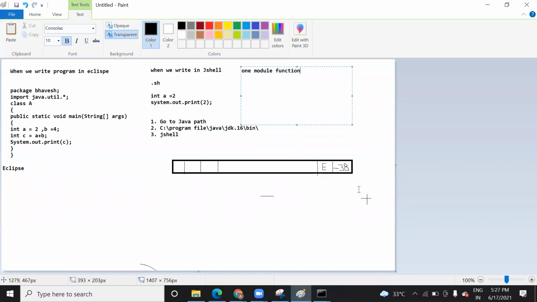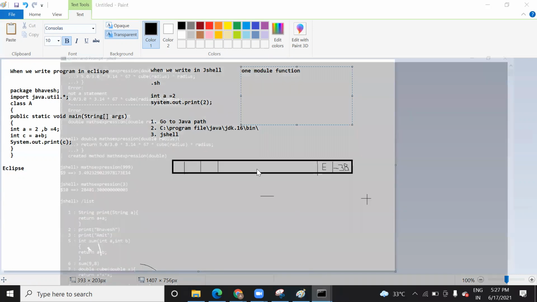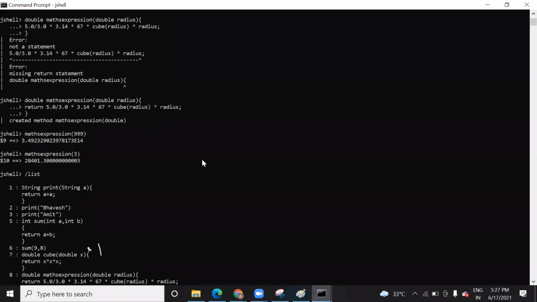JShell is added in the course so that you get habituated to the command prompt, how to run commands, and how you can run code by code and check it. If you have any query, just have a look at this video. It will be clear to you. If anything is still not clear, then just note down the question. In the next class I will answer all those questions.